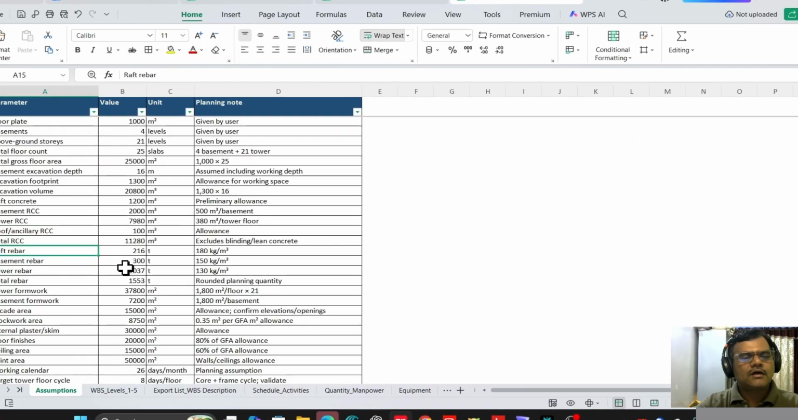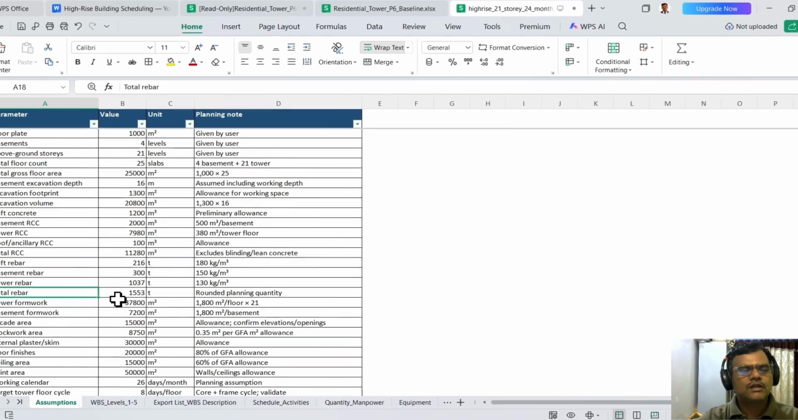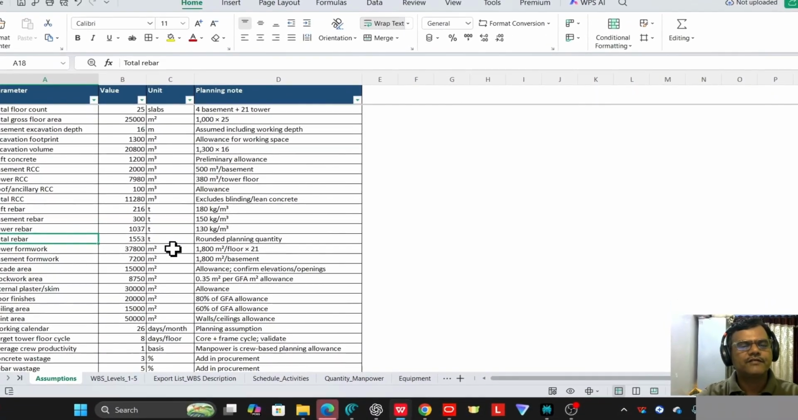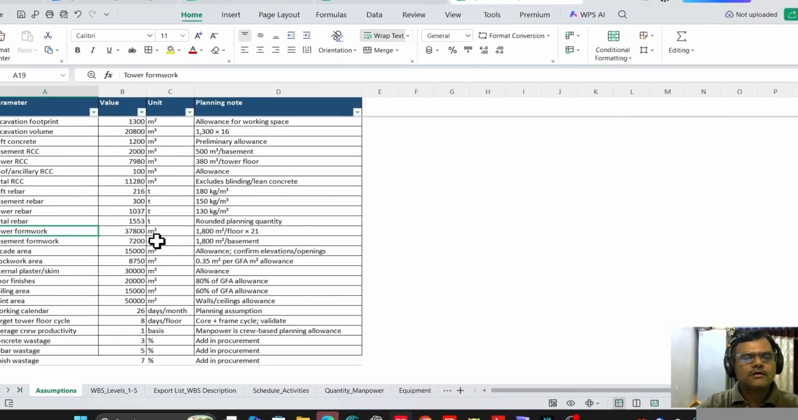The raft rebar is 216 ton. These are all tentative values we have calculated. Basement rebar is 300 ton and tower rebar is 1037 ton. So total rebar is 1553. Tower formwork required is around 38,000 square meter and basement formwork required is